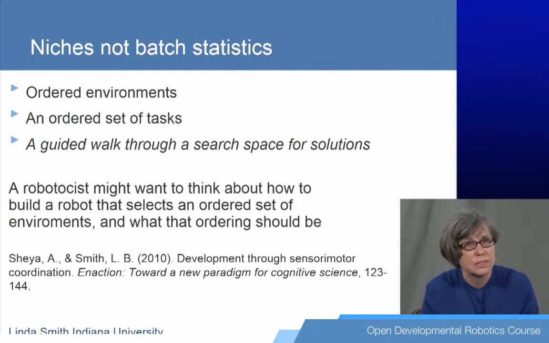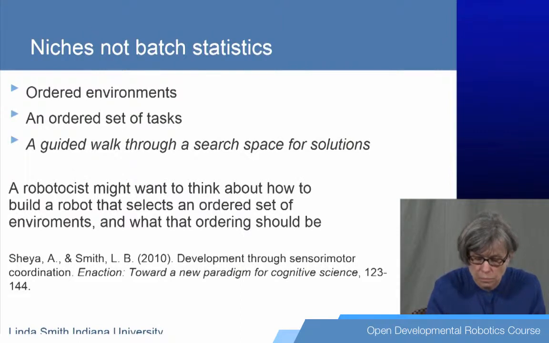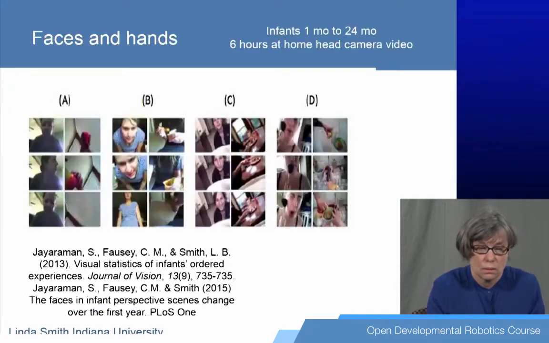What is those different set of statistics building? What kind of a system? I want to give you one example of this, kind of new work from our lab, but that is, I think, interesting in thinking about what ordered